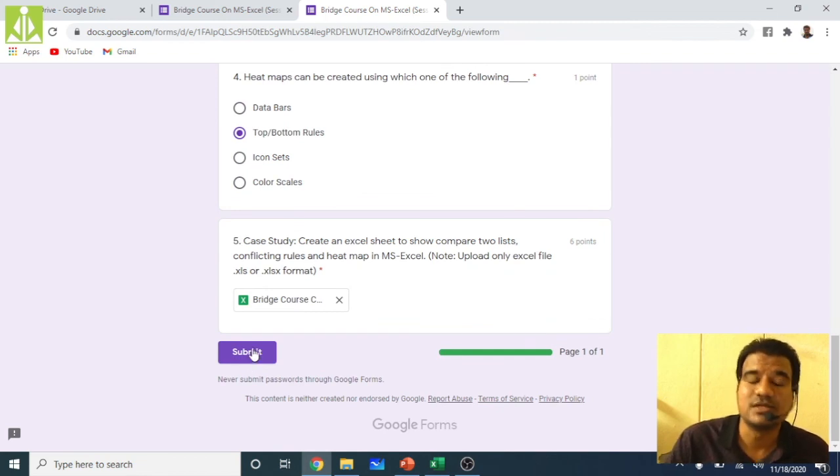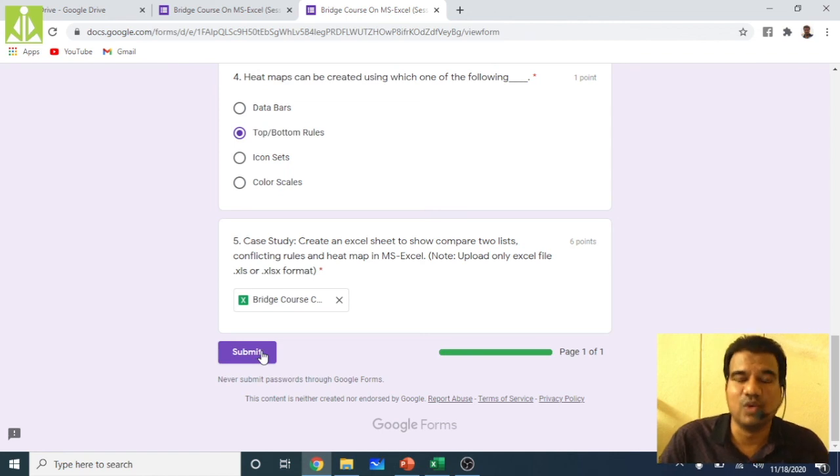Students, don't upload images or screenshots, because it is useless. You will not get any marks for that. I suggest you upload the Excel document only. Then only we will consider it as an assignment submission.